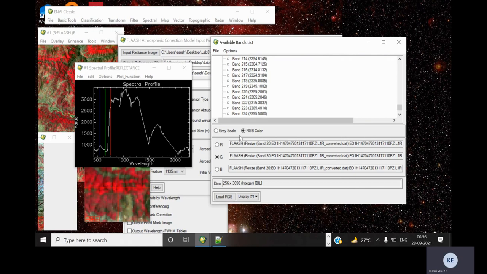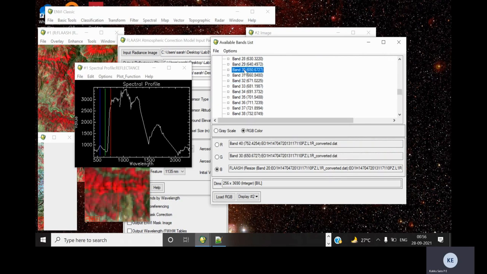To load that, we will use another display. We'll create a new display. So click on new display, and display 2 is created. Now we'll select the bands, 40, 30 and 20, and then load RGB.